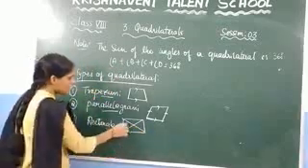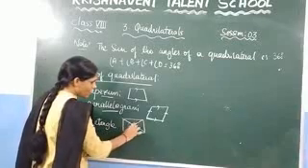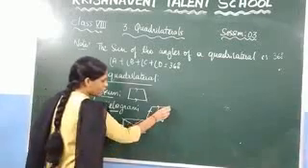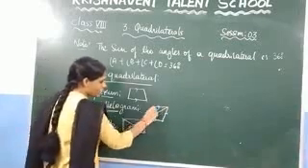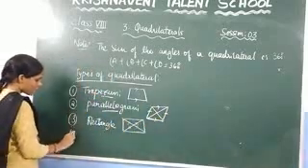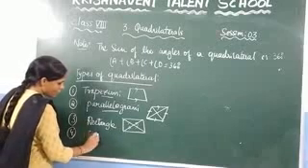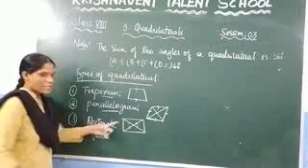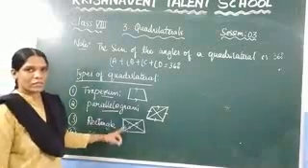So we can say that these diagonals bisect but not perpendicularly. Similarly, here also these diagonals bisect but not perpendicularly. Now see the next one, which is the square. What is the square? If the adjacent sides are equal in a rectangle, we will get the square.